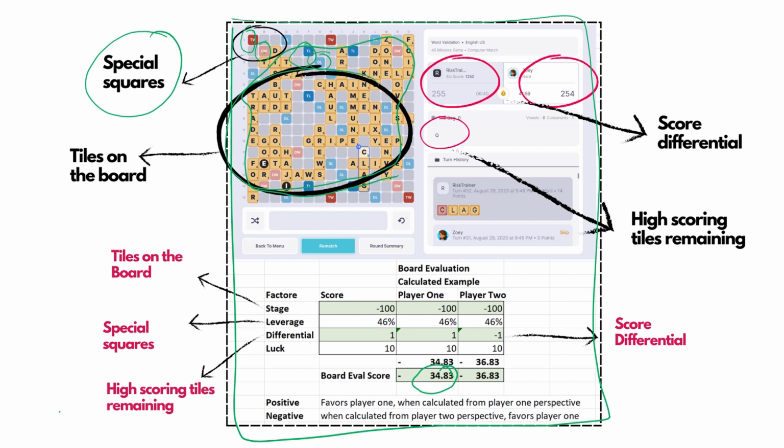If you've identified the fact that you are at a point where your lead cannot be overtaken, that cannot be covered up by the AI, by the competitor, then it makes sense for you to push the game to close as quickly as possible. One of the key rules of Scrabble is that the game is over once the last tile is placed on the board. So there are about 100 tiles. If you're already at a stage where you have a 90-point lead on the competition and the game is in the mid to end stage, it would make a lot of sense for you to push the game to close as early as possible.